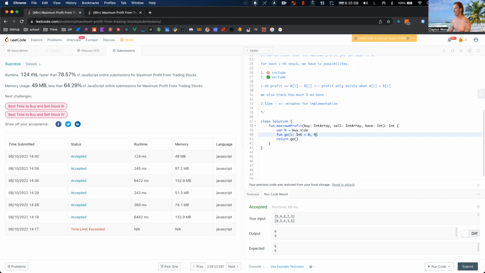Have will be an integer equal originally to our budget. We'll return an integer in the end. If i is equal to n, this is our base case, we'll return 0. The recursive stack bottoms out there and begins to unwind. Then we have two choices. We can include, which would say, if we have more than what it costs to buy the ith item,